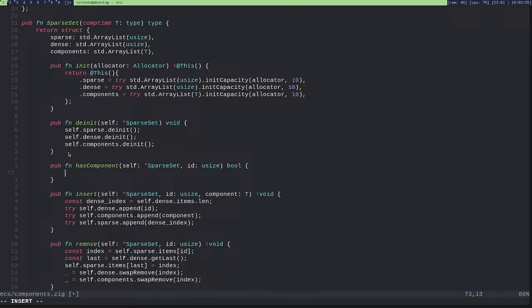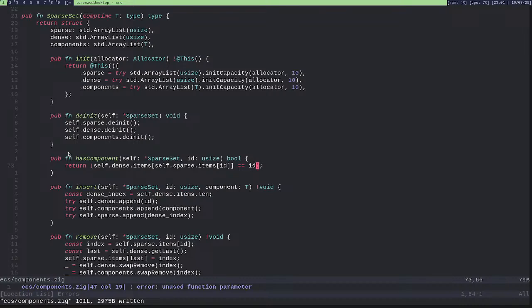So if an entity has a specific component, it means that, so return self dot dense items at index self dot sparse dot items ID will be equal to ID.